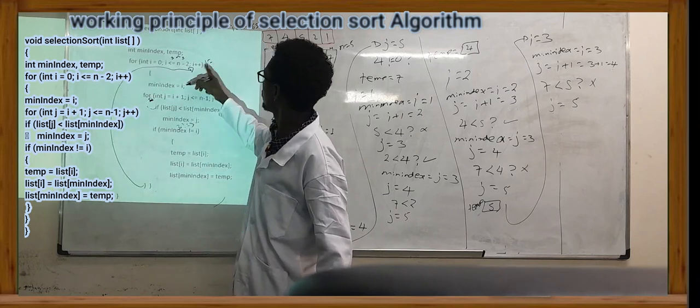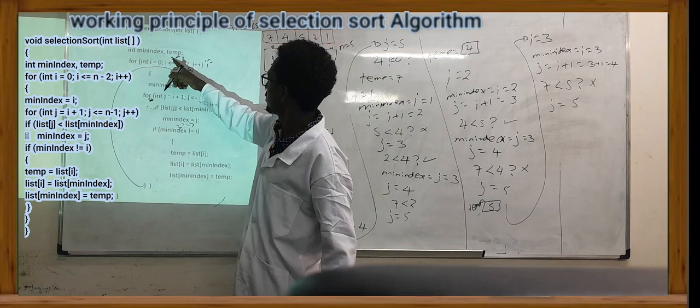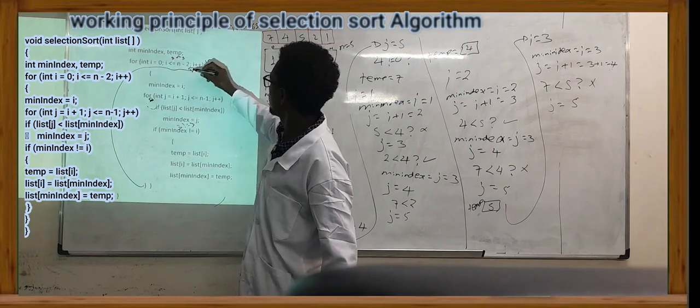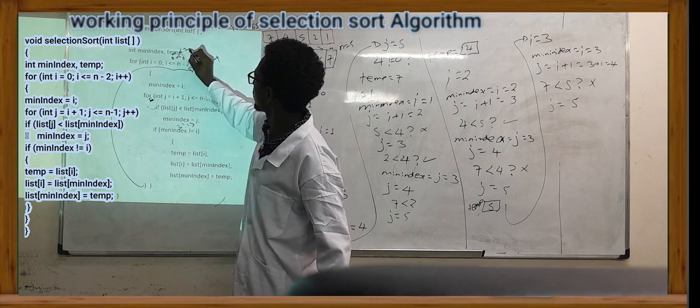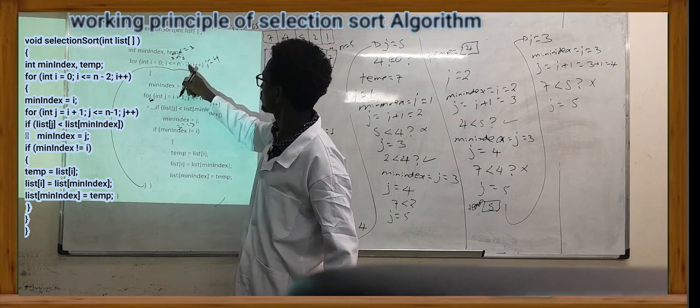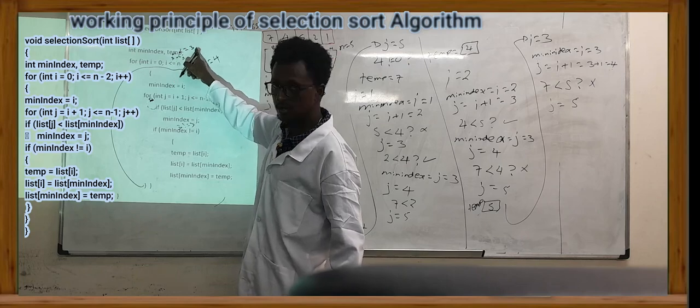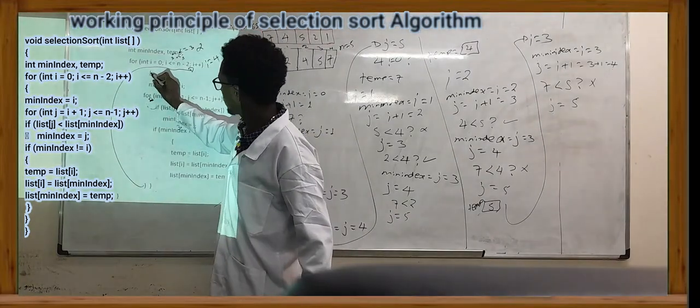and I increments. Previously I is 3. Now when we plus it, it becomes 4. And we check 4 less than or equal to 5 minus 2, which is 3. 4 less than or equal to 3 is false. And without executing this